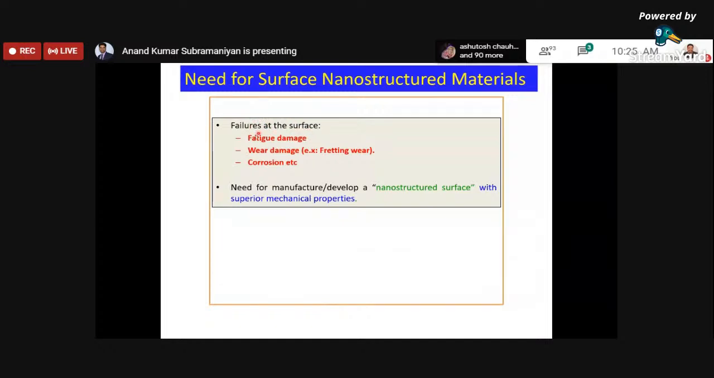So we have learned through the previous slide that the failure of the component actually starts from the surface. Primarily it could be fatigue damage, wear damage, or corrosion. In the wear damage, we will be more focusing on fretting wear. I'll emphasize that when we go into that particular slide. All these damages mainly start from the surface, and by using this surface nanostructured material, right, we can obtain superior mechanical properties like increase in hardness and